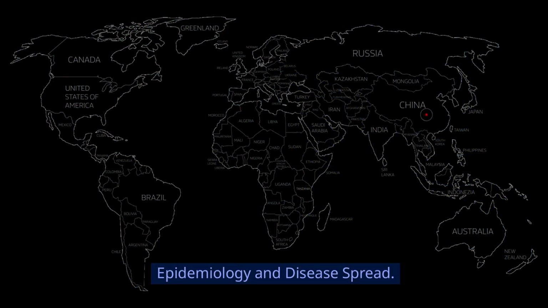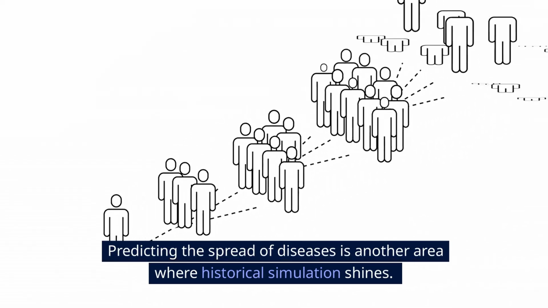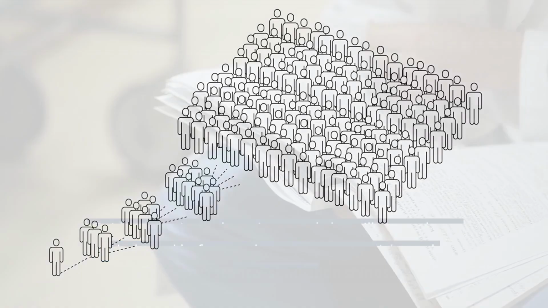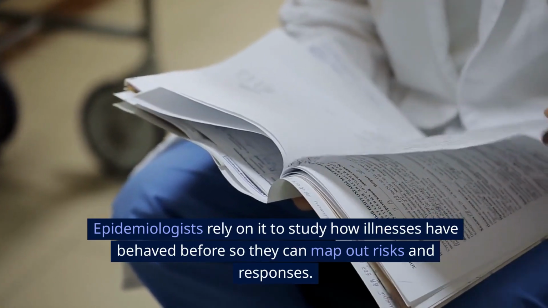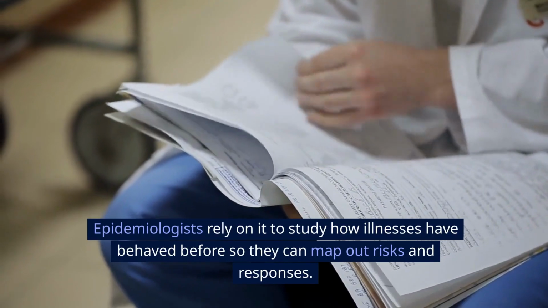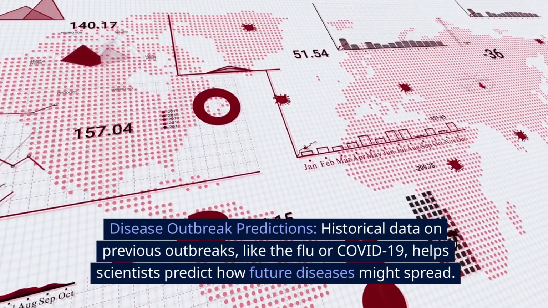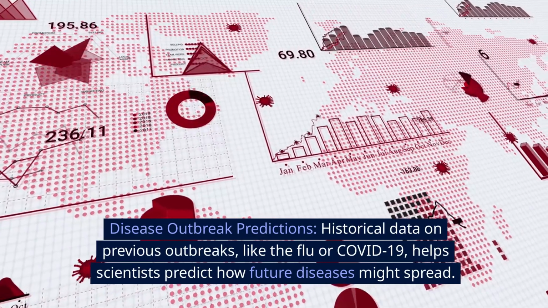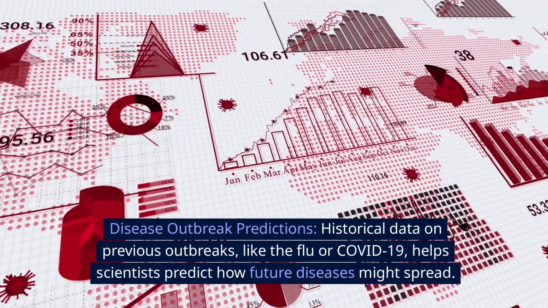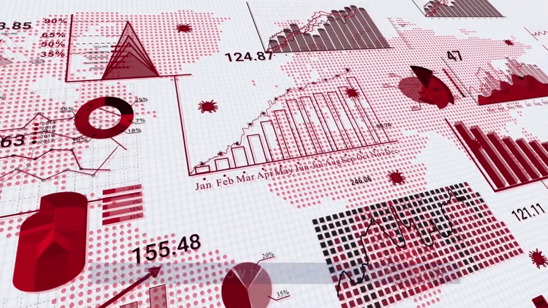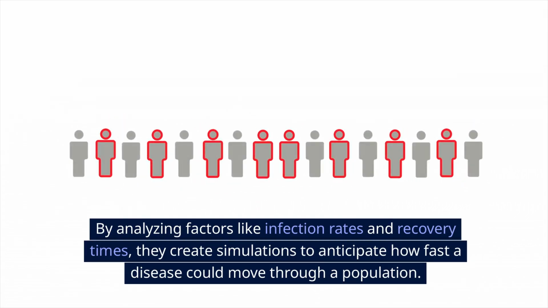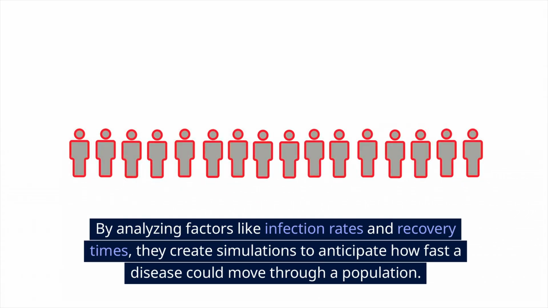Epidemiology and disease spread. Predicting the spread of diseases is another area where historical simulation shines. Epidemiologists rely on it to study how illnesses have behaved before so they can map out risks and responses. Disease outbreak predictions. Historical data on previous outbreaks, like the flu or COVID-19, helps scientists predict how future diseases might spread. By analyzing factors like infection rates and recovery times, they create simulations to anticipate how fast a disease could